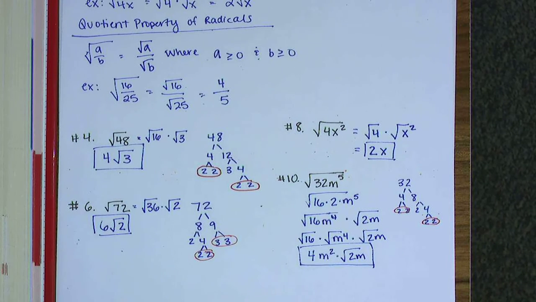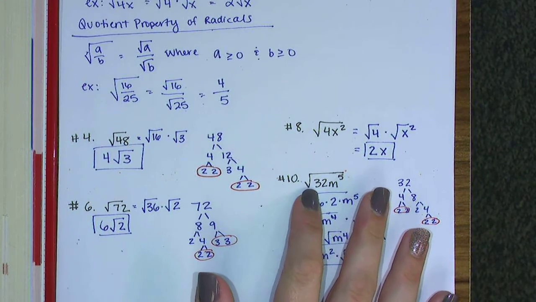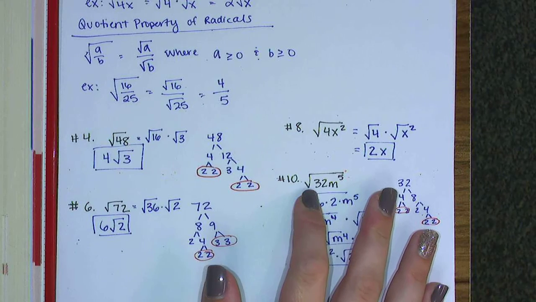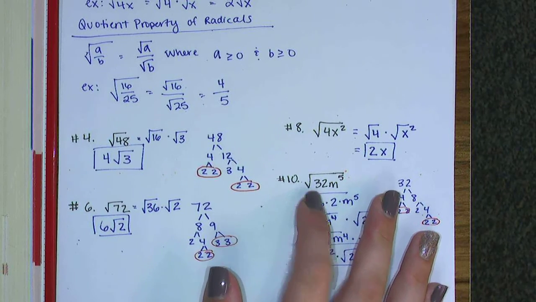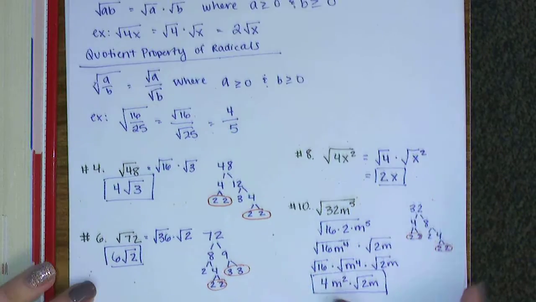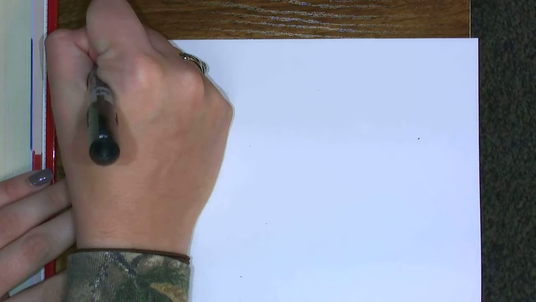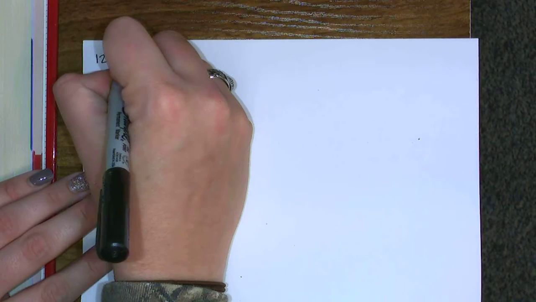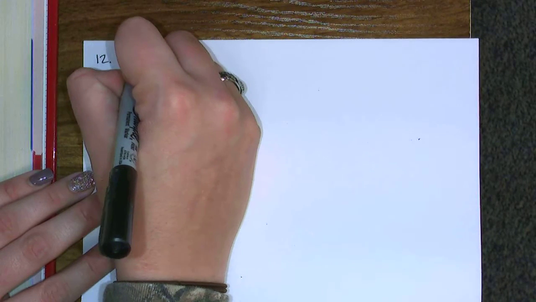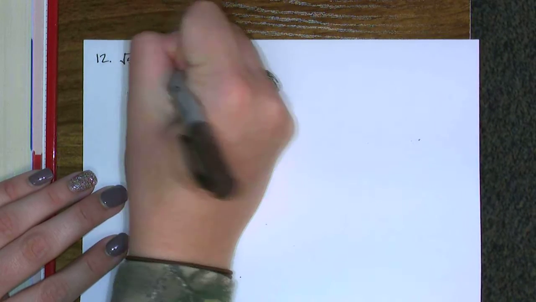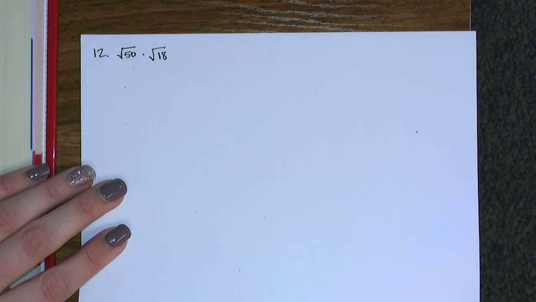So that's those. Let's see. So that's the type where you have to break it up separately. Now let's look at some that are already broken up and see if we can figure out what we need to do with them. Start with 12. Square root of 50 times the square root of 18. Okay. So, with this one,